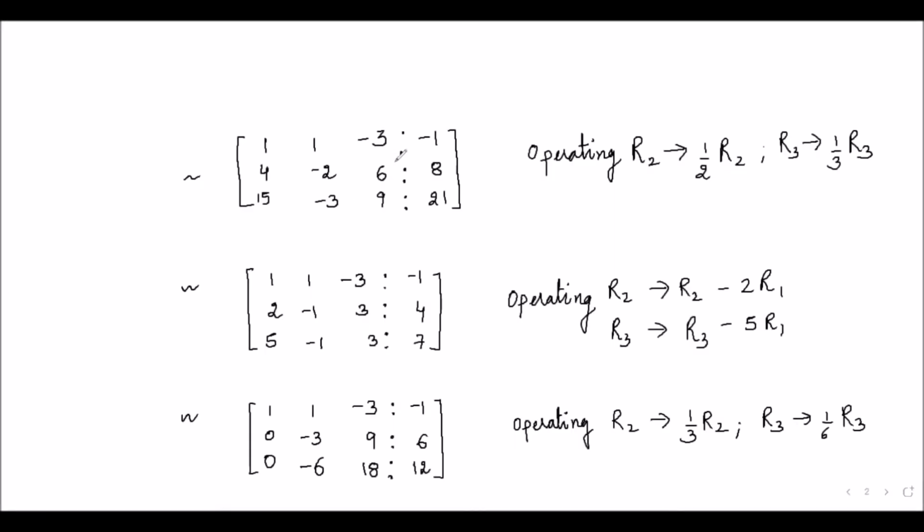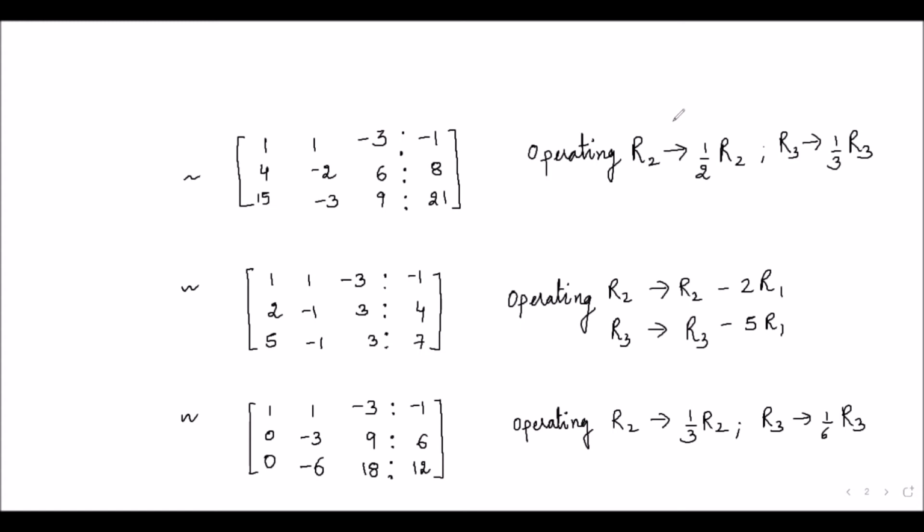The new matrix will be of this form. The next transformation which we can apply here is, if we see the second and third row, then in the second row, we can make entries smaller by using the non-zero scalar 1 by 2. And similarly, in the third row, by using scalar 1 by 3, we can make these entries smaller. So we are using these transformations.